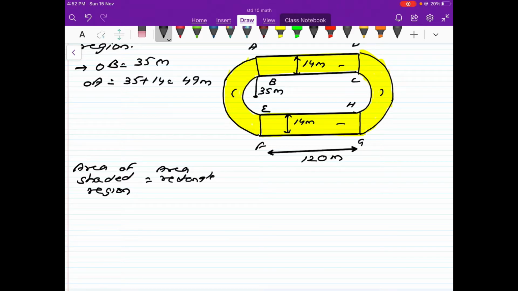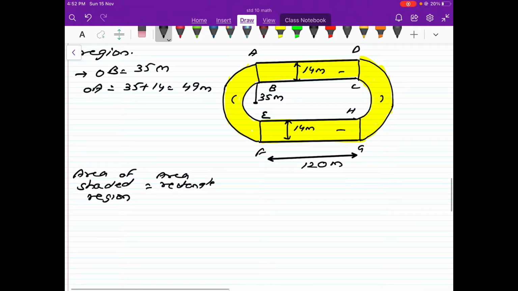We will break it up into two parts, ABCD, 4 parts we can say, plus area of rectangle EFGH. So 2 rectangles plus